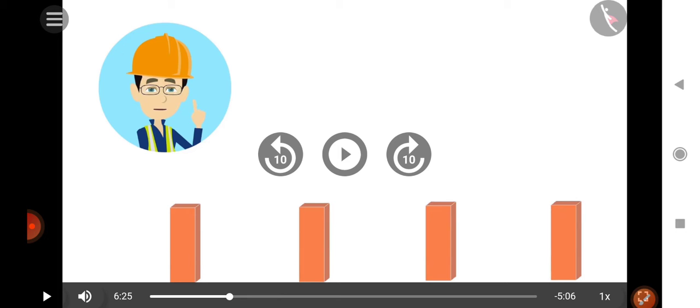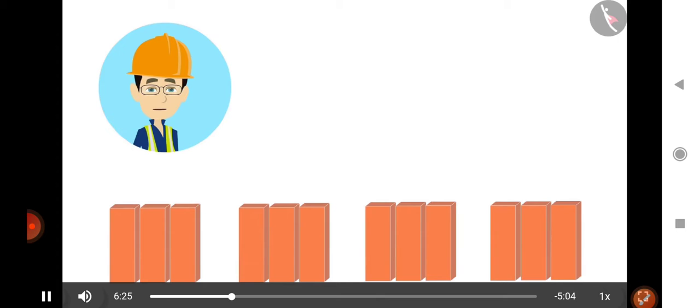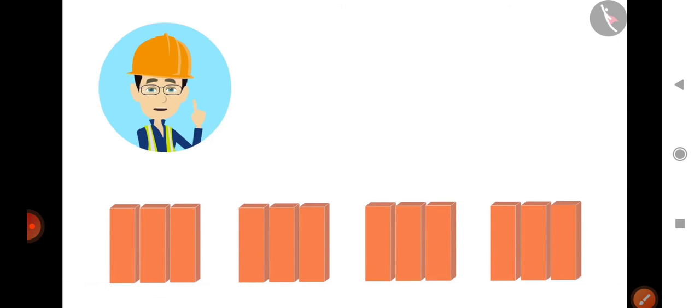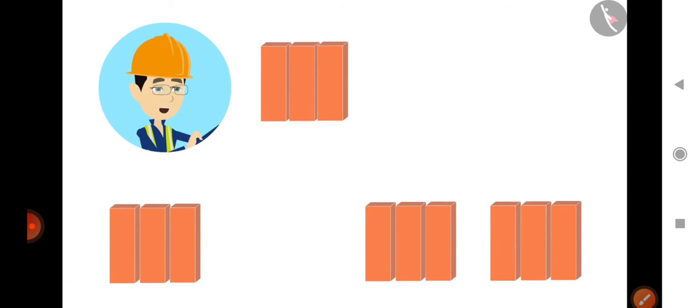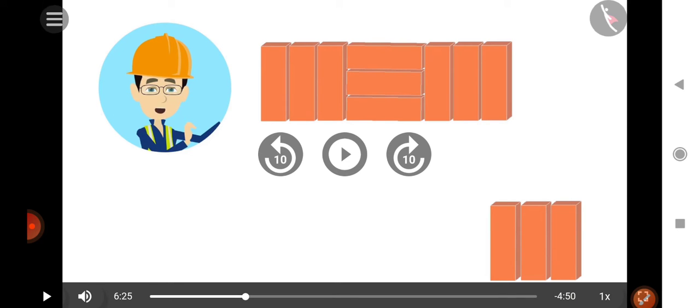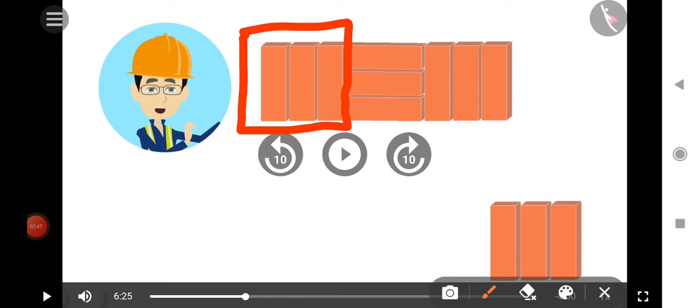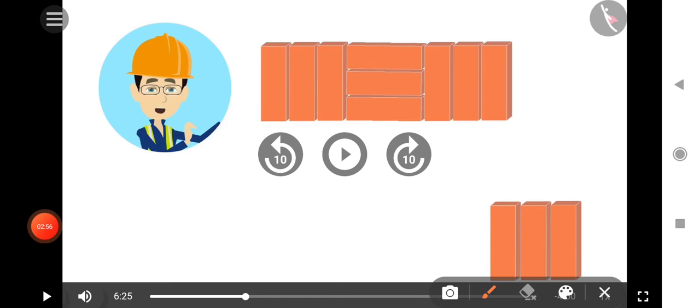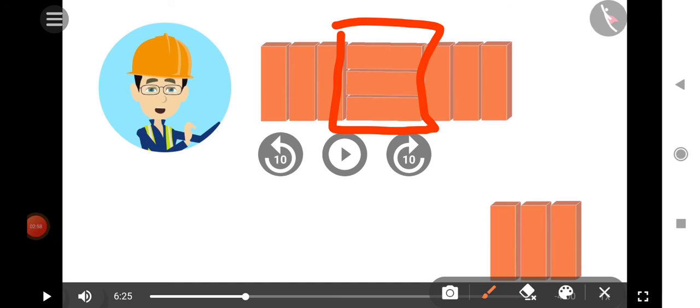Listen, children, you have to watch the patterns carefully. Make groups of 3 bricks. Let's make the first line from these groups. For that, let's keep a group in such a way that the bricks are vertical. Then keep a different group in such a way that the bricks are horizontal. Listen, children, here they have to arrange the bricks first vertical wise. This is vertical wise. The second they have to arrange in horizontal. So, the second one is horizontal, isn't it?